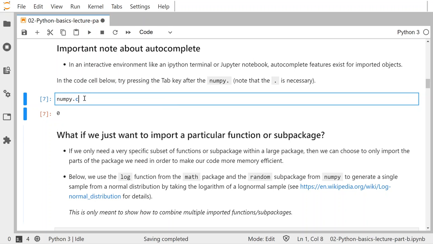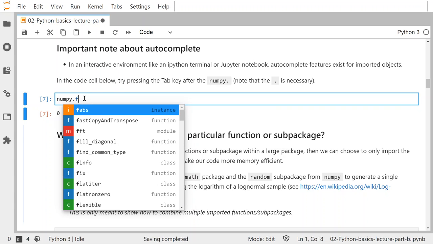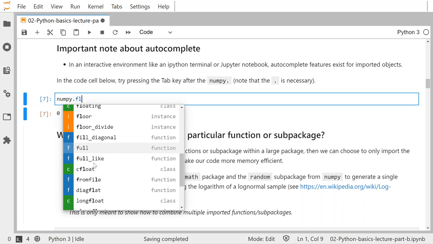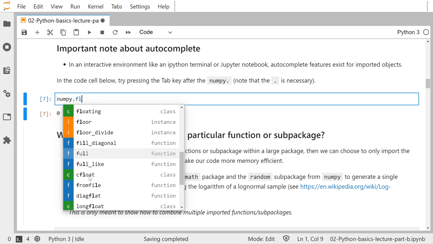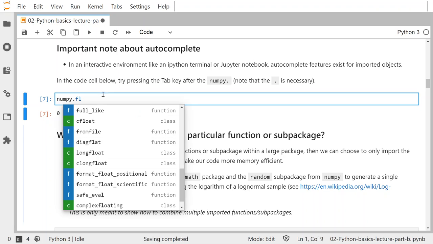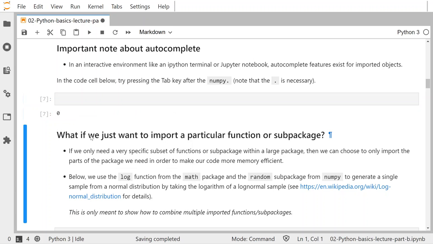So there you go. Or if I just press tab and then start typing letters, let's say F and then L, it's going to start narrowing down the options that are available to you. I guess in this case, not just start with F and L, also have an L in there. It's a rather flexible search. So we just see everything with F's and L's there. And then you can just click for whatever you want. So that's something for you to play with just a little bit to get the sense of how the dot